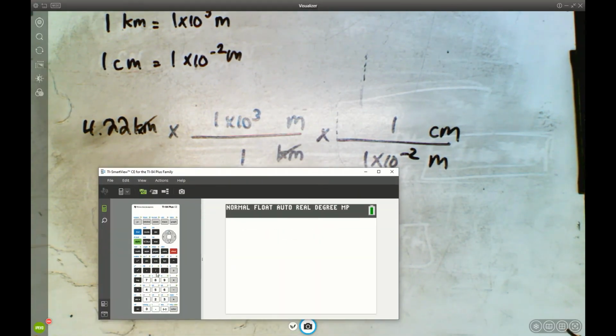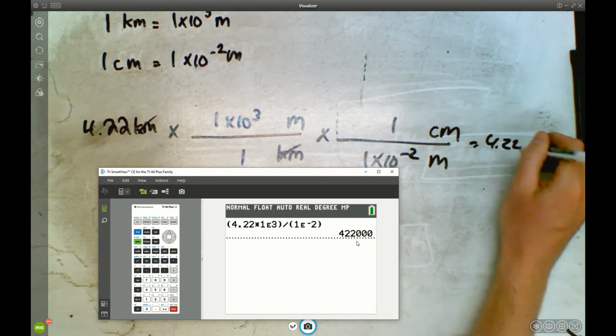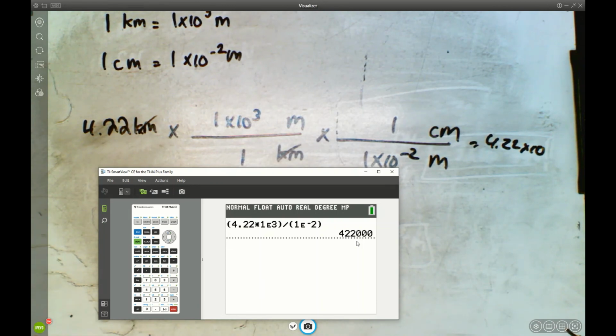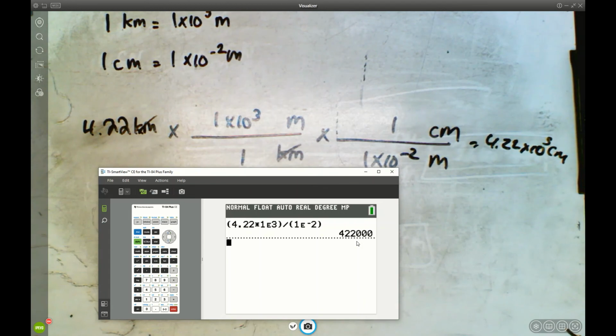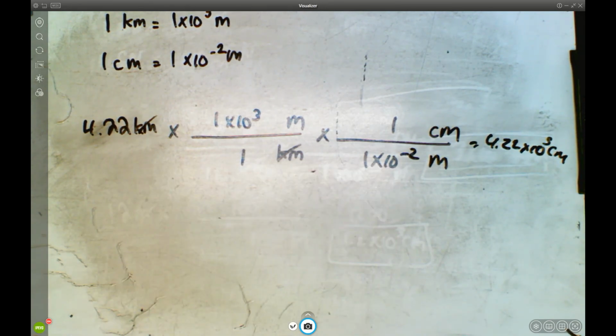What I want to type in is 4.22 times 1 E3 divided by 1 E negative 2. Okay, and that's what it gives. My answer to the right number of sig digs would be 4.22 times 10 to the 5 centimeters. My next one